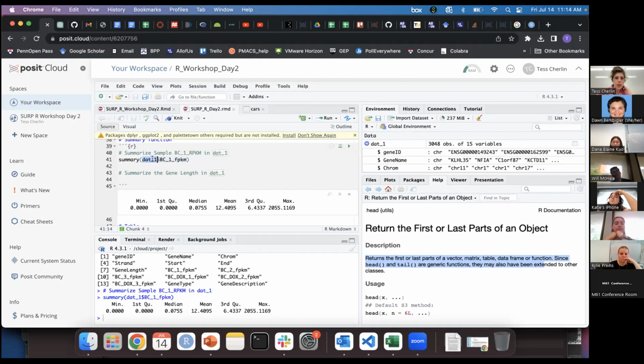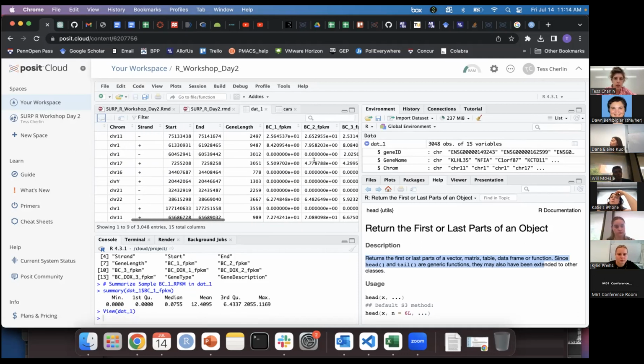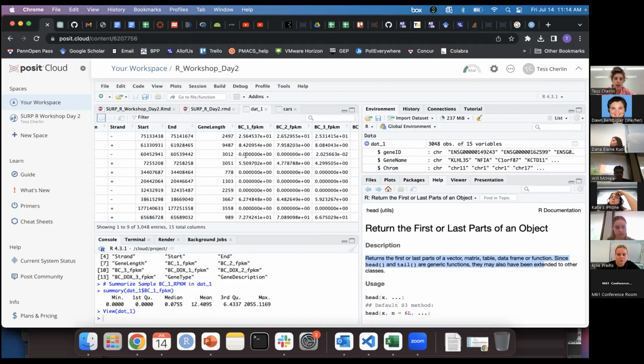Exactly. So if we view dat1, we're interested in looking just at the summary of this column, BC_1_FPKM. I'm curious to know what the minimum value of this column is, what the maximum value is, just the summary information of it. And so yes, if you want to look at a specific column, you would do